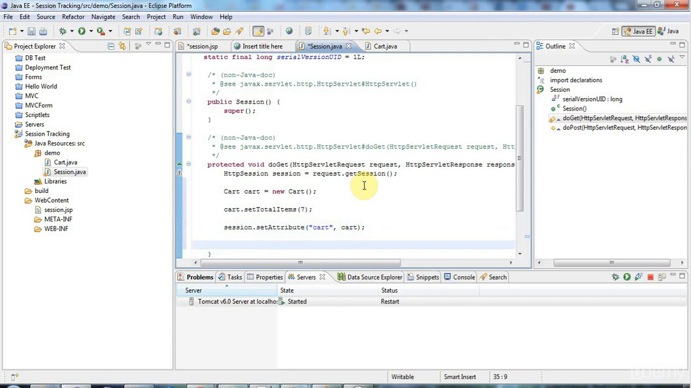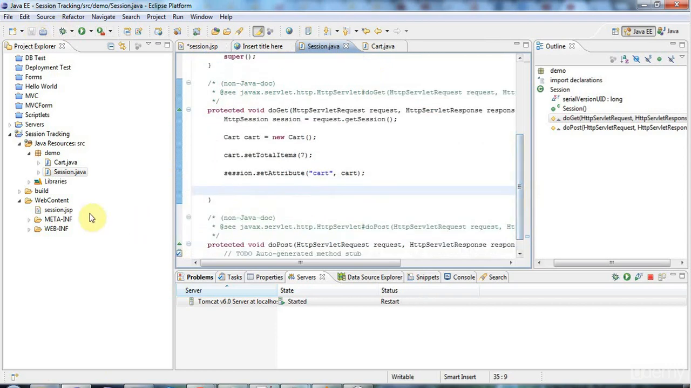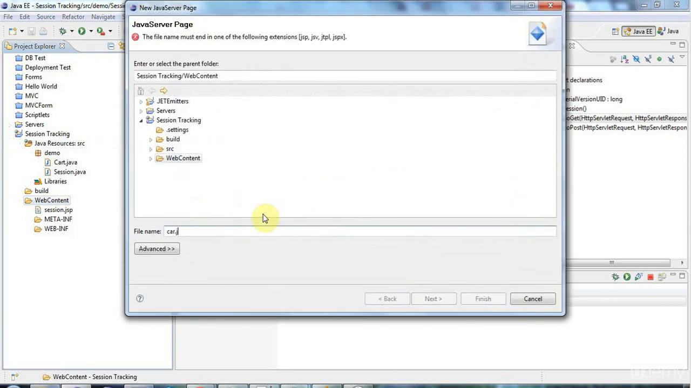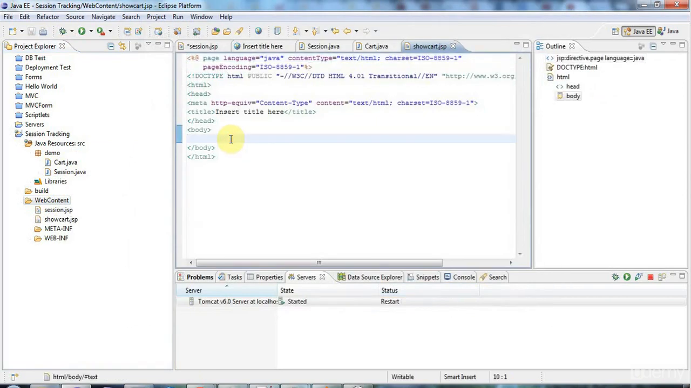And now let's forward to my session.jsp. In fact, just to make it a bit more interesting, let's forward to a cart.jsp. So create a JSP called cart.jsp, or showcart.jsp maybe. Click finish, and let's say items in cart, and here I'll have a